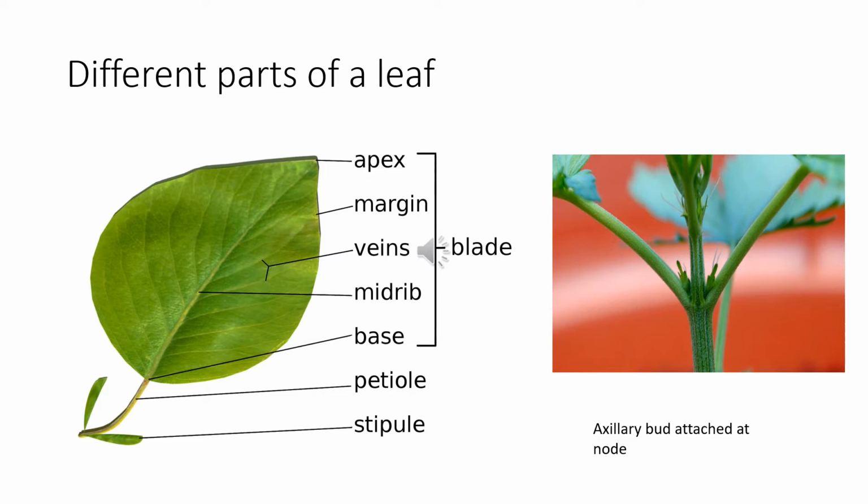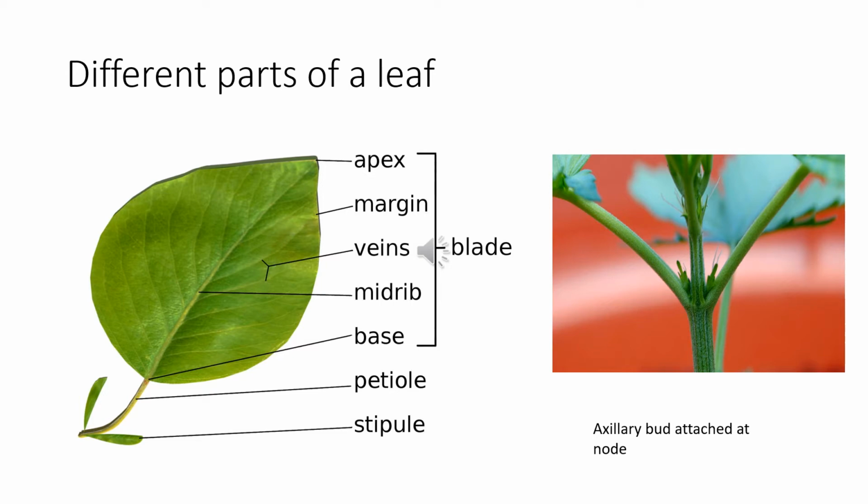The leaf is joined at the node with the stem, and at the joining there are small green lateral outgrowths that are known as stipules, but stipules are not present in every leaf. The leaves which do not have stipules are known as exstipulate, and the leaf is joined through a stalk-like structure with the nodes of the stem, and that stalk-like structure is known as the petiole.